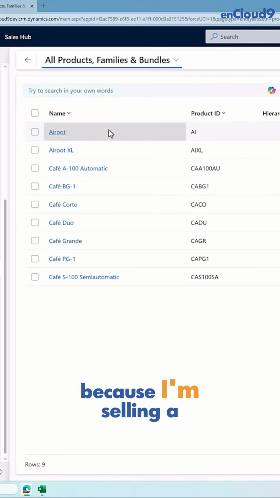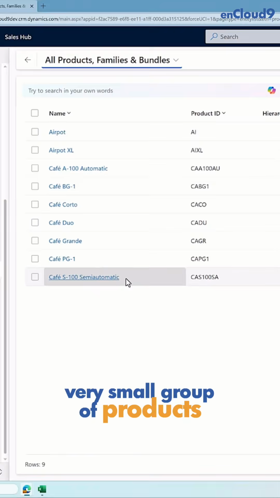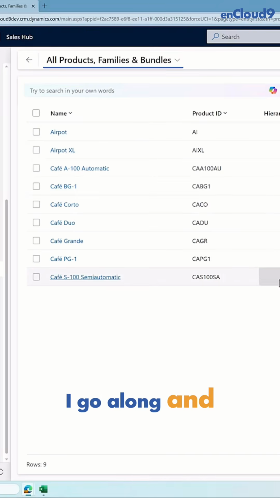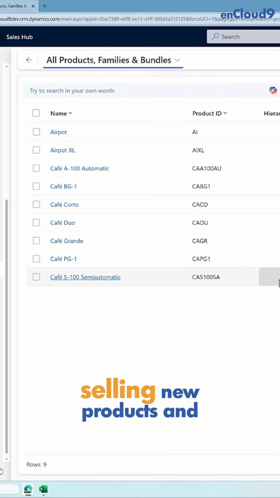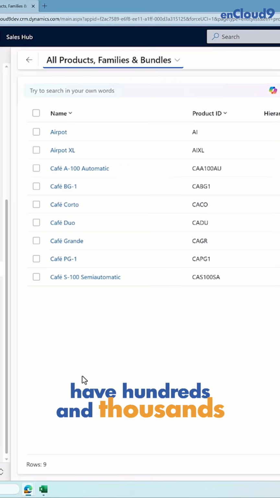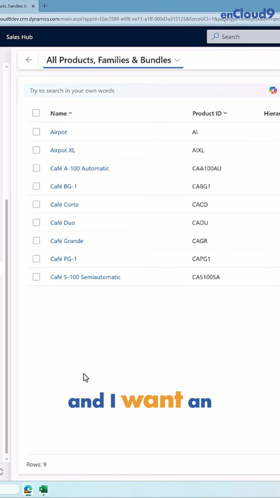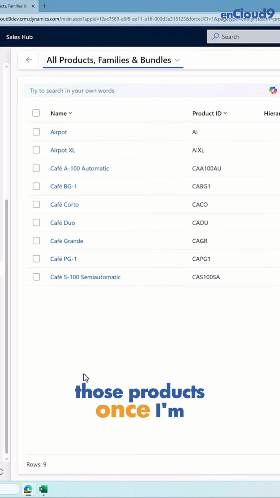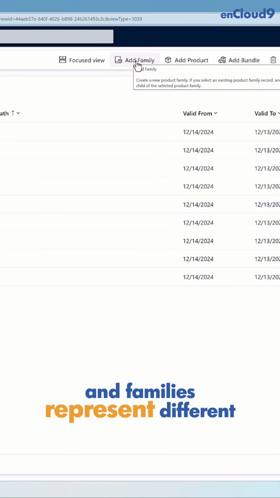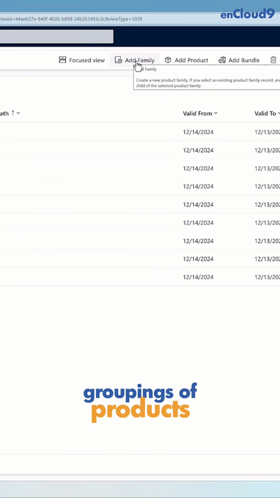For one thing, because I'm selling a very small group of products, I don't need to worry about a hierarchy. But let's say as I go along and my business is growing, I'm going to be selling new products and new different types of products. And I might have hundreds and thousands of products to choose from. And I want an easy way to find those products once I'm working in Dynamics, creating a quote or an order for a client. So what we first want to do is we want to add a family. And families represent different groupings of products. So these are all